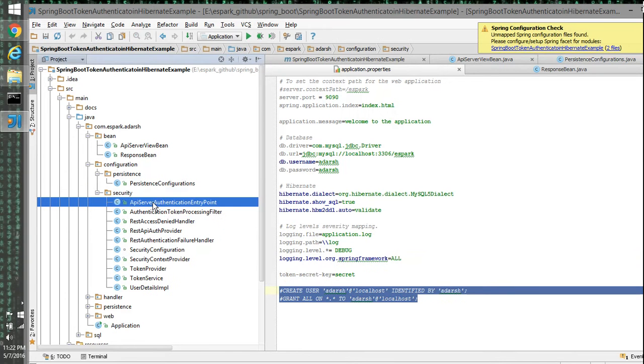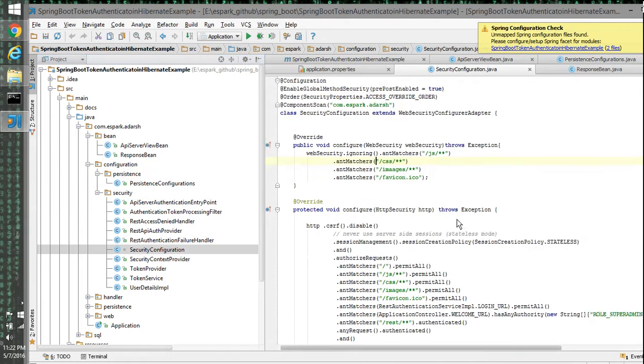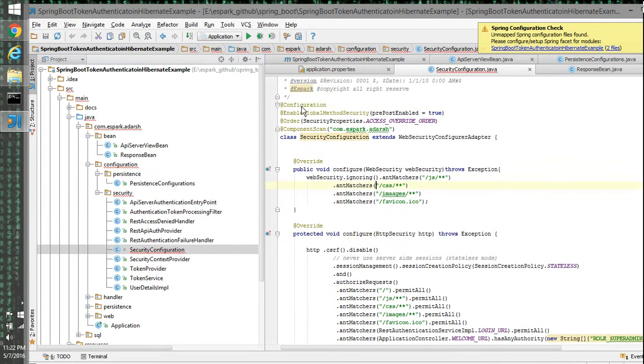Then we have security. First we'll go into the security configuration. This class is annotated with Configuration, EnableGlobalMethodSecurity, and Order, and we have done a component scan. This class extends WebSecurityConfigurerAdapter.